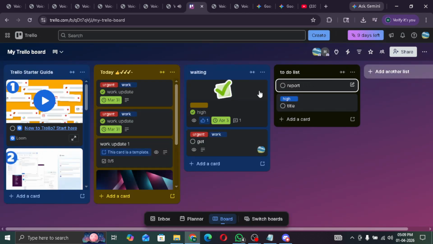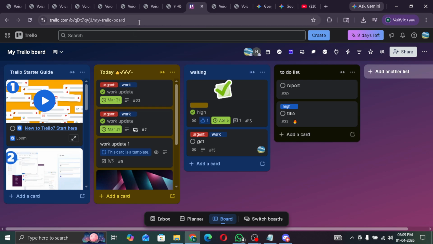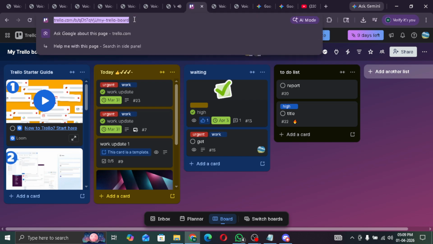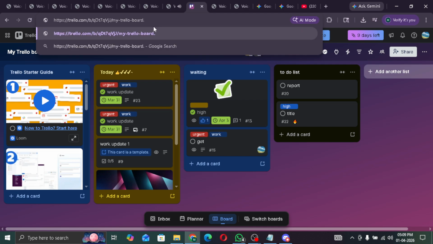Once you're viewing your board or card, it's time to access some hidden data. Direct your attention to the address bar up top again. This is where we'll make a small but crucial change to the URL. At the very end of the URL that you see there, add .json. It should look something like this: